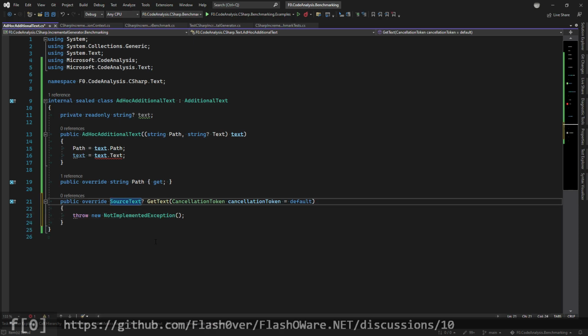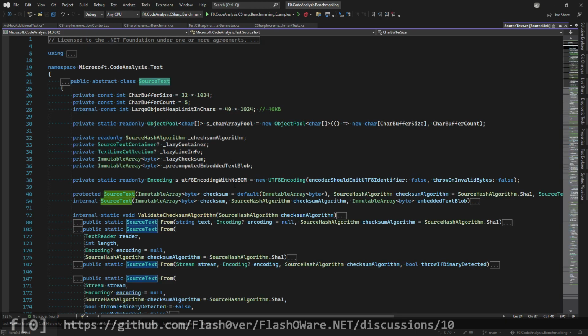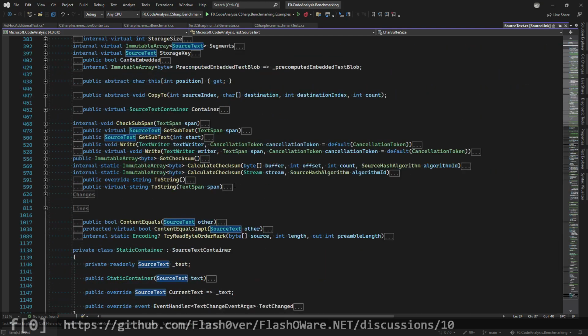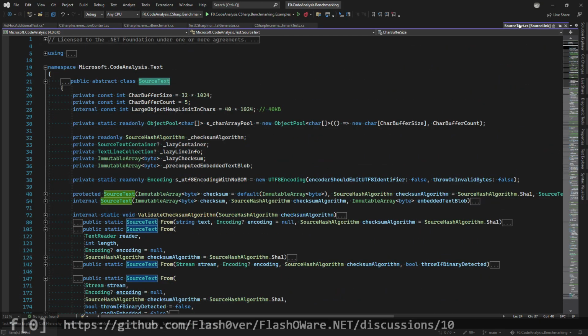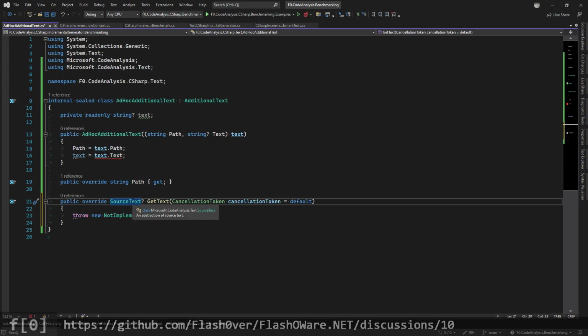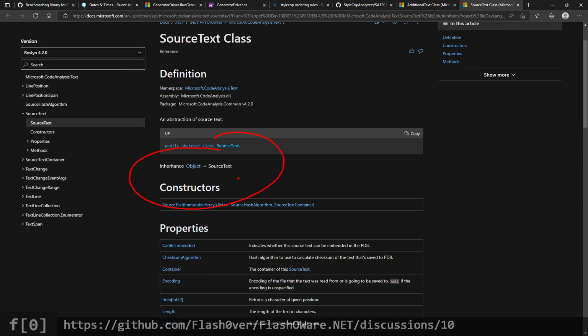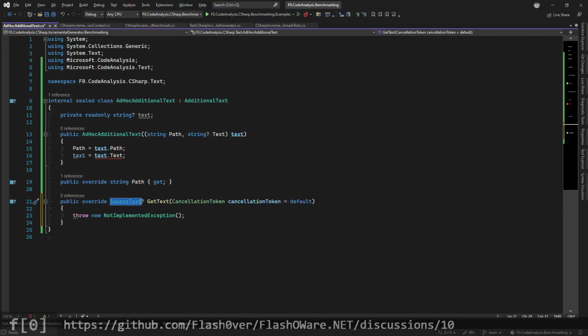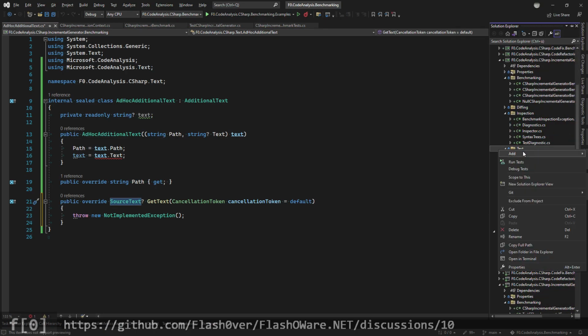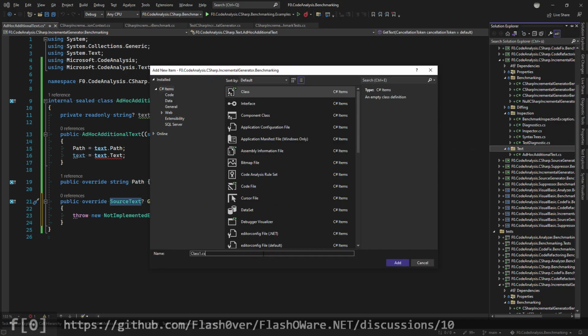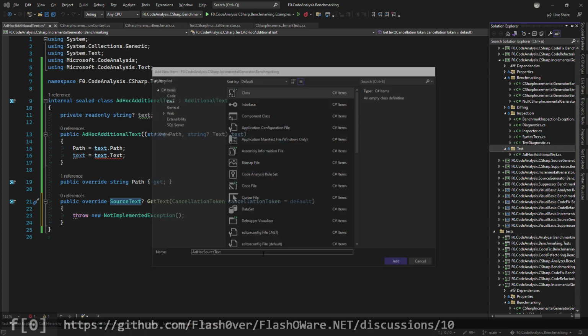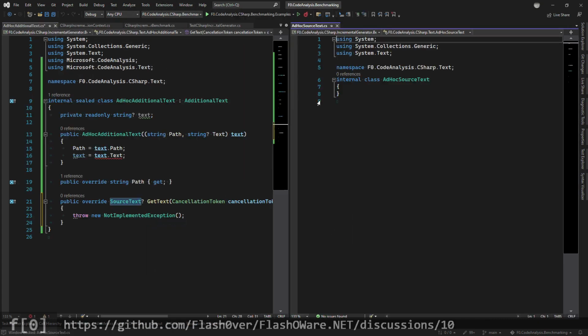And then we just return here. Now we need to return source text. But what's source text? That has quite a lot of properties. What's this abstract? So maybe there is a public consumable type. I'm again hitting F1, going to the browser and see if there are no implementations. So we also need a source text. So let's also call this ad hoc source text. Ad hoc source text derives from source text. Let's see what